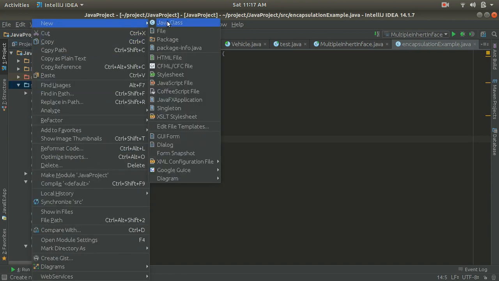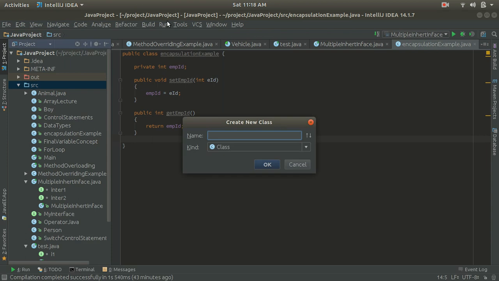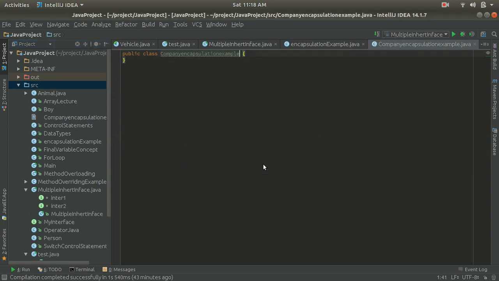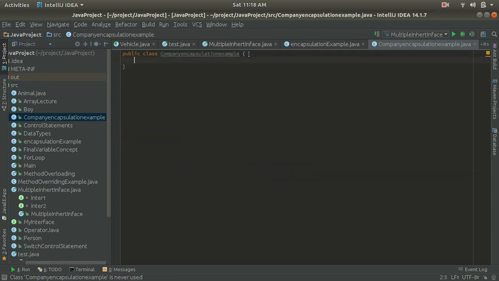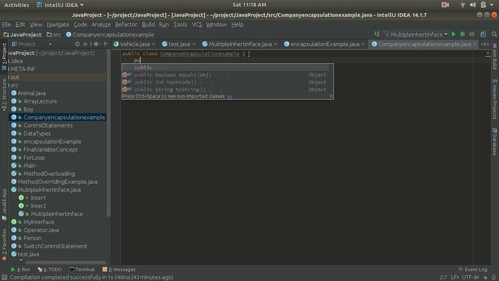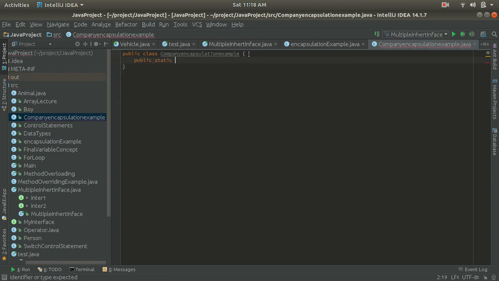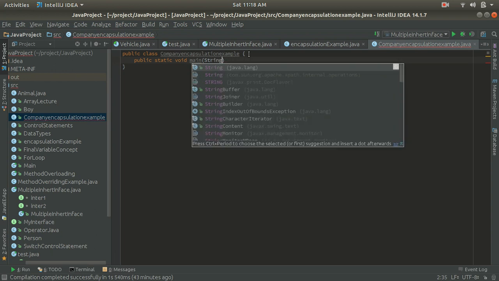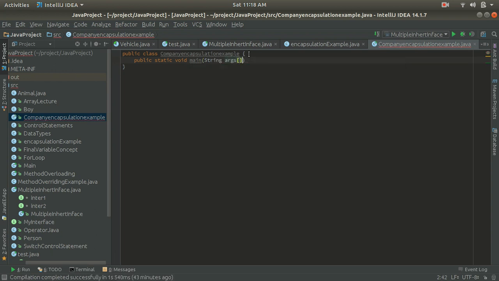Let's create another class with the name company encapsulation example. And inside this class I am going to create a main method, public static void main, and inside this I will write String args. And this is the main method.